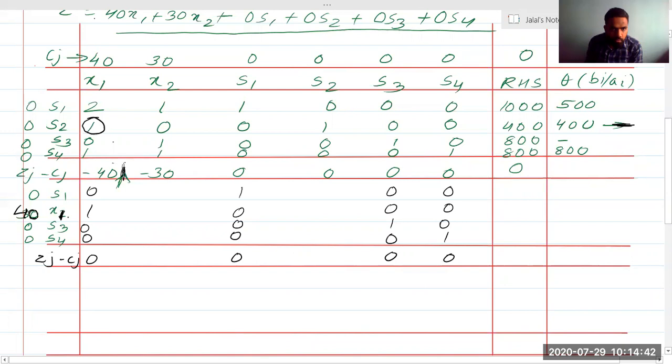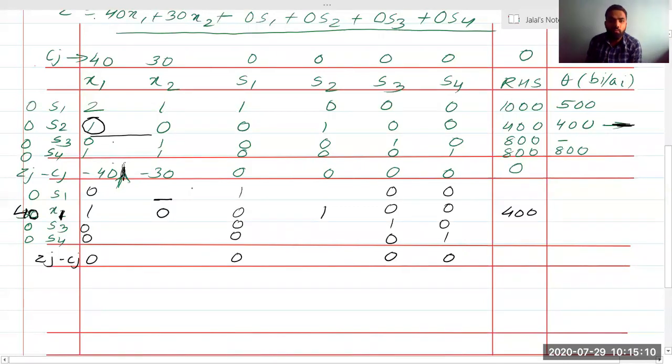So what we have to do, we have to divide this row by 1. So 1 by 1 is already 1. We have written here. 0 by 1 will be 0. 0 by 1 is again 0, already written. 1 by 1 will be 1. 0 by 1 will be 0. 0 by 1 will be 0. 400 by 1 will be how much? 400. So we have written all this value. Now we need to find the other values. We need to find this value. To find this value, we will look at the upper value.